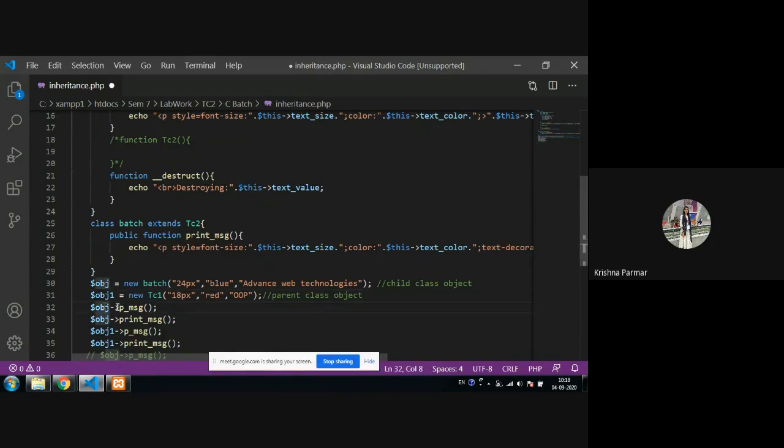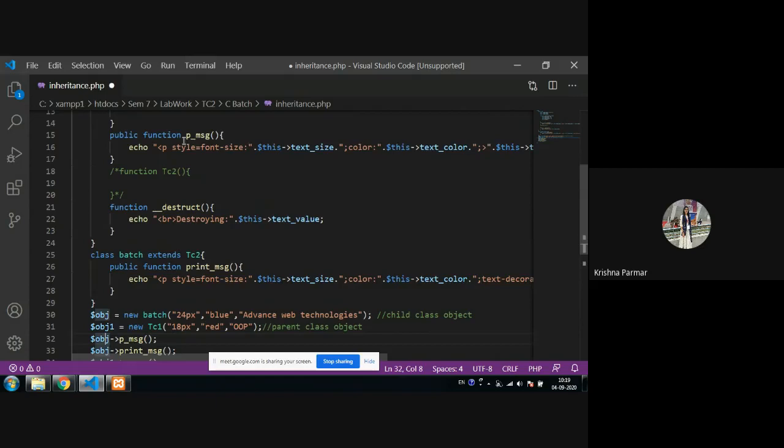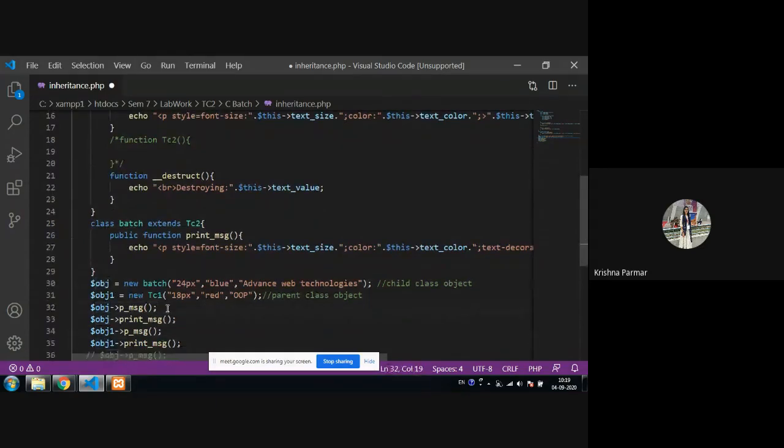The child class object can call the child class or parent class methods, like p underscore message, that is a method of your parent class. So yes, your child can access the properties of the parent, and this does not give an error. Next is obj print underscore message. Your child class owns the method print underscore message, and that will be called successfully.